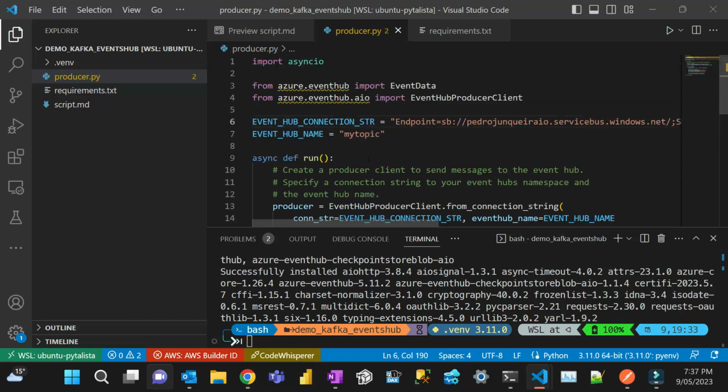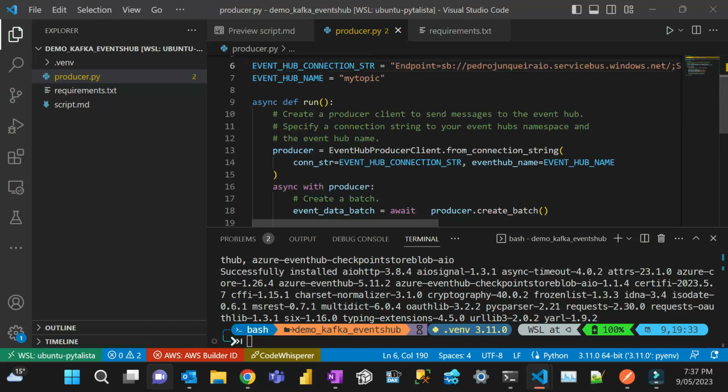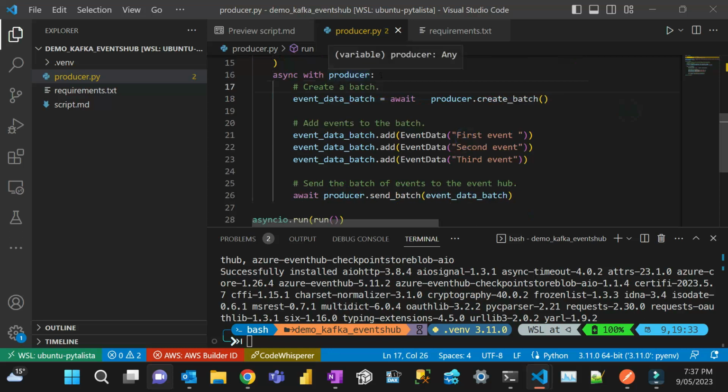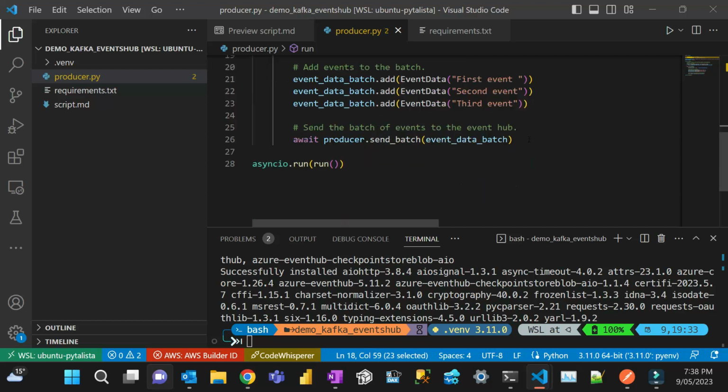Just looking quickly at your code, we import asyncio because we are using one of the IO libraries here. Just import at the top, put the configuration, create a function called run, which instantiates the producer with the connection string, and then starts the producer, creates a batch, adds some events to the batch, dispatches all the batches, and then runs the async process. That's pretty much it. So the consumer is a little bit more involved